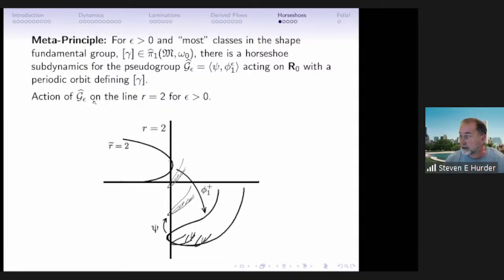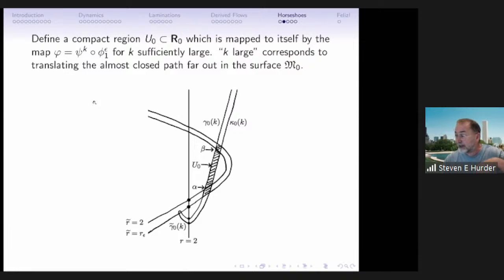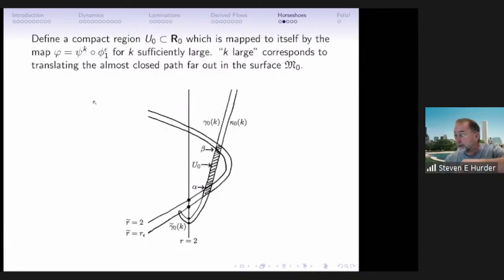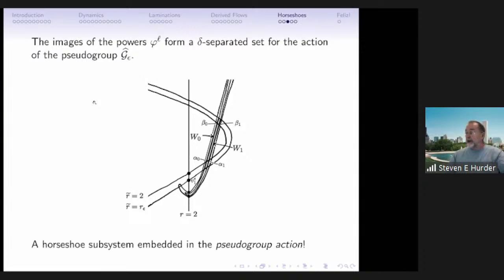And the reason why this looks like a horseshoe is that you then take this picture and keep iterating it, and you get a local picture. This insertion is up above the axis, and now when you flip it, you get this picture. Now, when you get this picture, that starts to look like our horseshoe. And so, if you do it again, you find out that you're all of a sudden generating iterations of this, well, it's half a horseshoe, but it has the hyperbolic property.